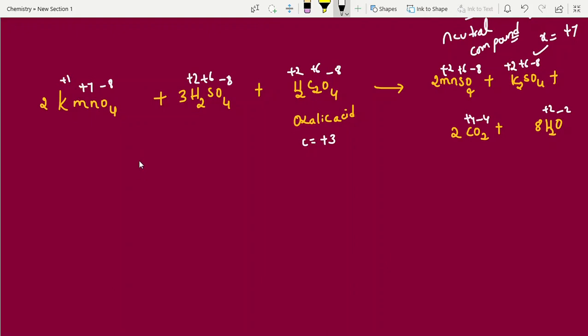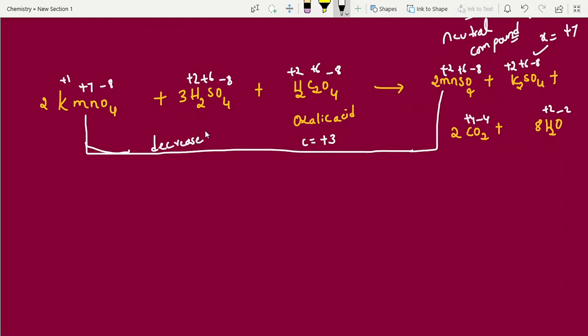That's it. Finally, where changes we have observed? Can you tell? Sulfur, if you see +6, here also +6, no change. Hydrogen also here +1, no change. And next one, where there is no change, where change is there, you can check it, students. Here hydrogen, okay, but carbon you can see here. Manganese you can see, yes, manganese +7 to +2. What happened here? Decreased oxidation state. Decreased oxidation state is nothing but reduction.